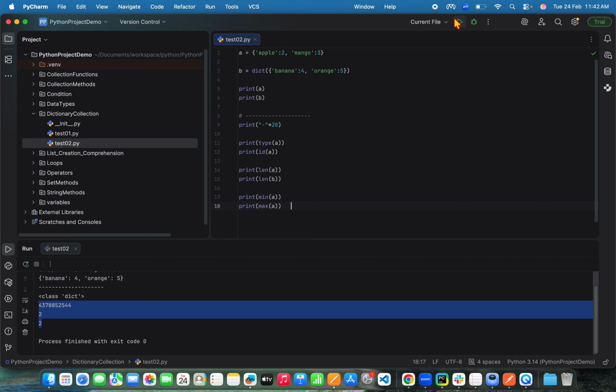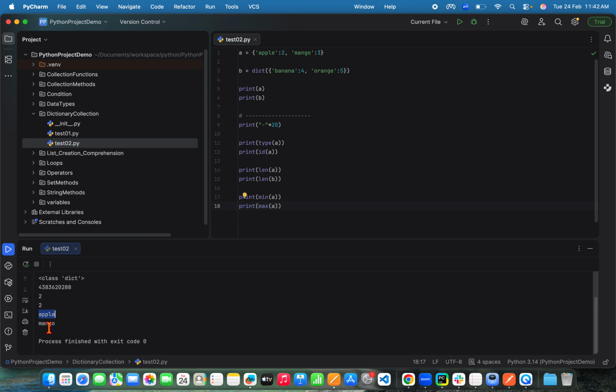Okay, I'll print the max of a also. So min of a is apple and max of a is mango. To explain this in a better way, I will create another dictionary collection, and then here I'll give one is apple, and then comma 3 is, so here I say 3, and then I say 2, or I say 1 mango, and then I'll say 2 banana. Okay, so this is my new